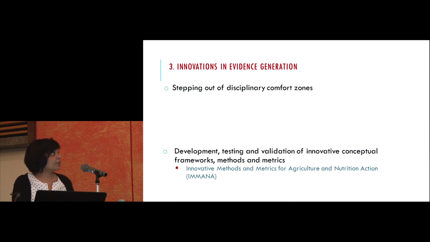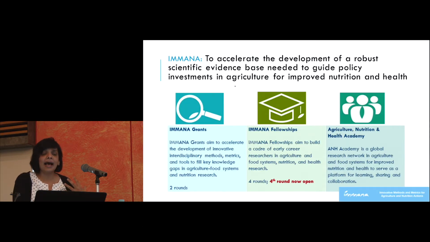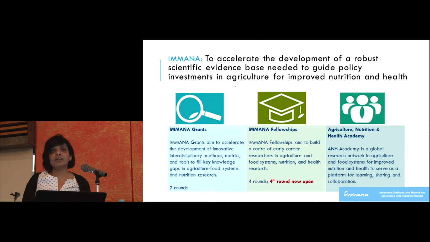In this context is a program that I lead, which is called Amana, which is all about innovative methods and metrics. And what we do is to purposefully really source grants through RFPs and fellowships to put together interdisciplinary teams to work on some of these cutting edge topics. For example, we are developing a women's empowerment and nutrition index. We are developing low cost surveillance systems using cell phones to track the impact of climate change on nutrition, so on and so forth. The website has more details on all this, and I will not be able to go